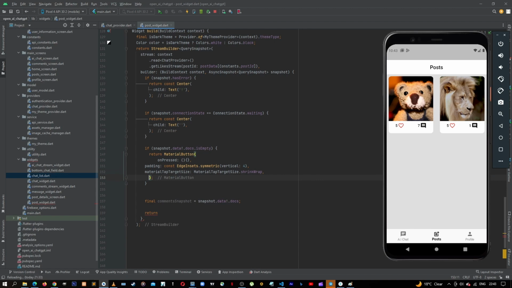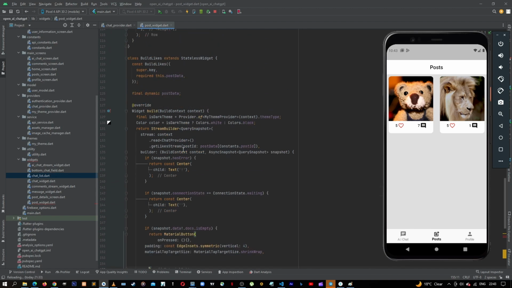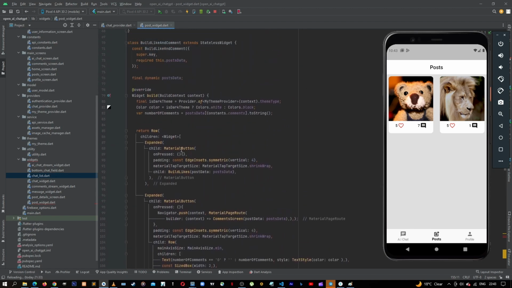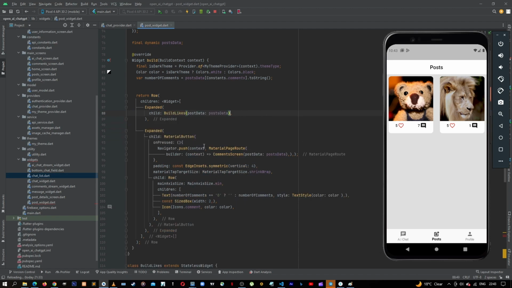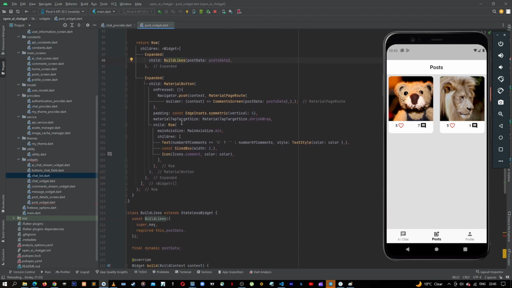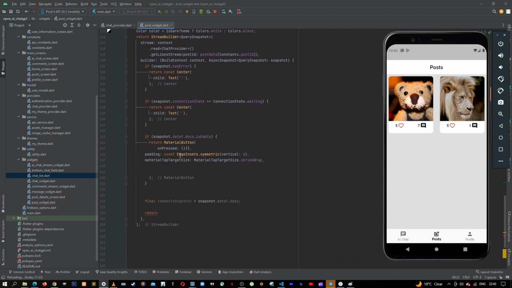So this is the button we have pasted here, and then up here, instead of returning the button, let's cut this out of here. Let's cut it, and then we'll return it like this. Yes, that's how we need to return our build likes. And then let's come down here, and then